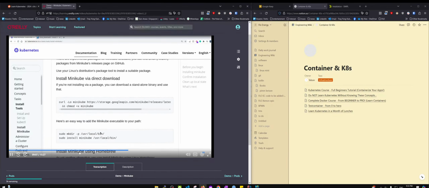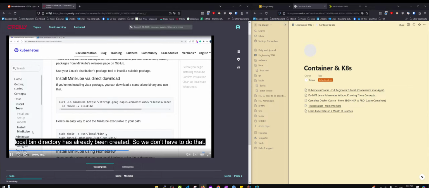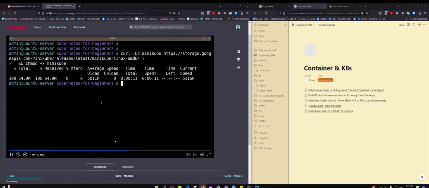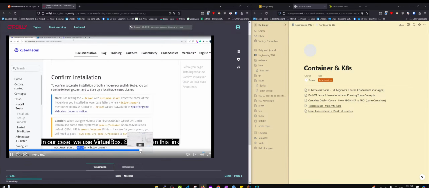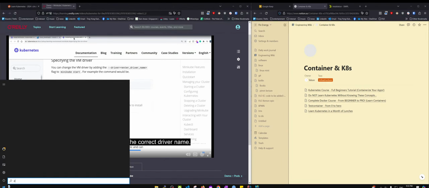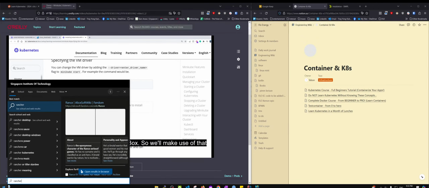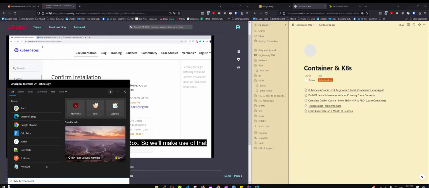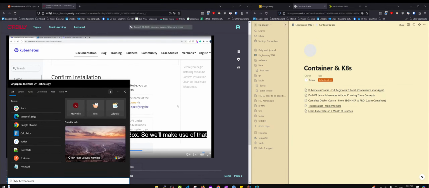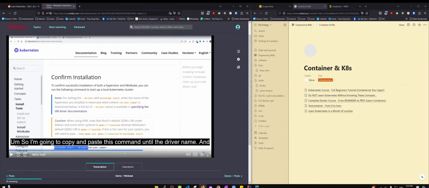The user local bin directory has already been created, so we don't have to do that first step. So let's open this link and make sure that we are using the correct driver name. The name of the VirtualBox driver is virtualbox, so we'll make use of that name. So I'm going to